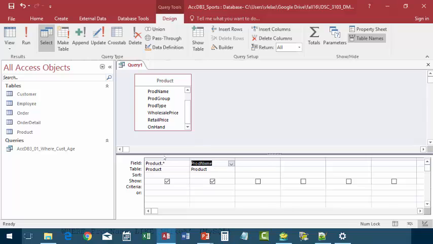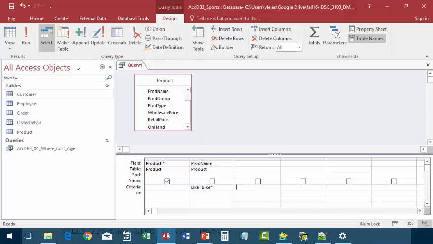Okay, so it looks like it appears twice, and it would, but we'll uncheck the show checkbox on the product name, so that will essentially hide that column from display in the query grid, and we'll use it solely for the criteria that says like, and now in double quotes, bike with asterisks instead of the % symbol, close double quote, enter or tab out of that